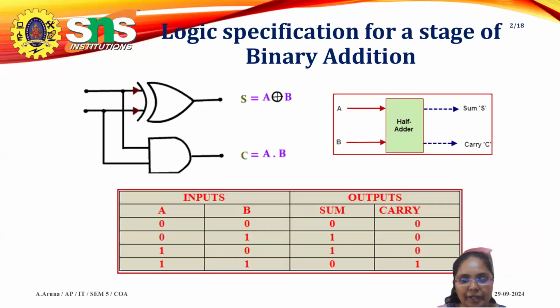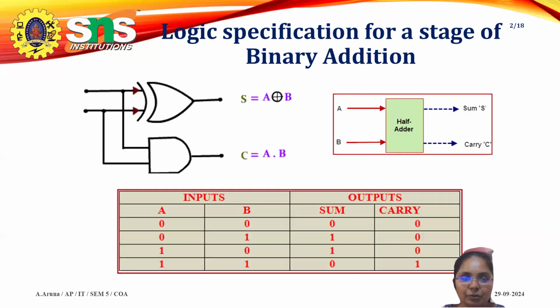Addition is the sum of two numbers. How can our architecture perform this? Either by using a half adder or a full adder. This is a half adder logic circuit. A half adder takes two inputs and gives two outputs, one is a sum, another one is a carry. For this, we need one AND gate and one XOR gate.